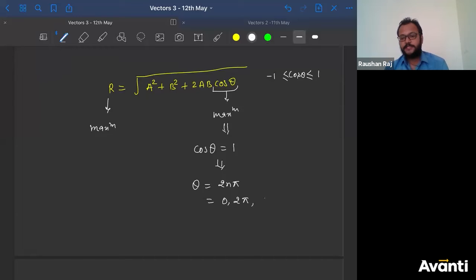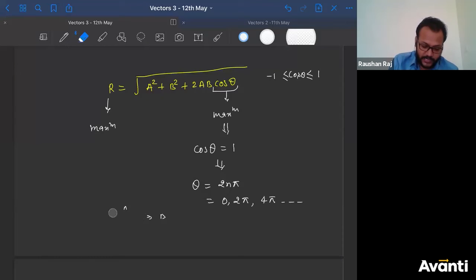What is the meaning of this theta? That theta is 0 degree. If the angle between two vectors is 0, that means A is here and B has to be in the same direction. What is the meaning of 2 pi? Again the same. What is the meaning of 4 pi? Again same. What is the meaning of 6 pi? Again same. Can I say I'm going to get this particular condition that cos theta is 1 in only one condition, when